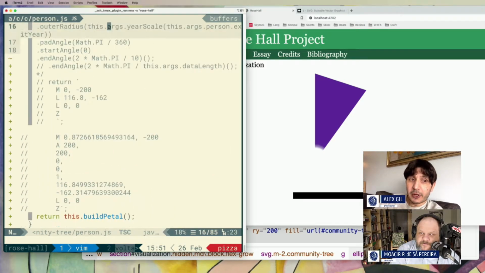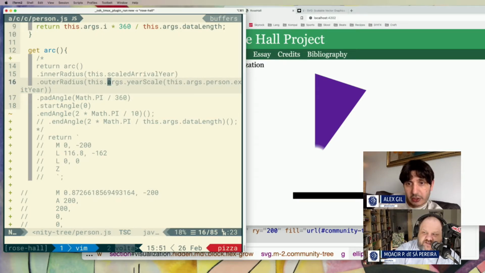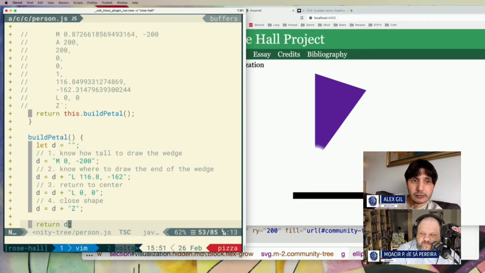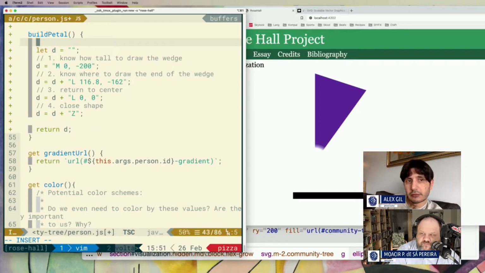Well, we have to convert them into, wait, the scale. We have to set up the scale and set up the domain and range. So outer radius. This line here, outer radius. Yeah, there it is. I don't know if it's going to express it exactly in those values, but I think it is, because that's what was producing them in the first place.